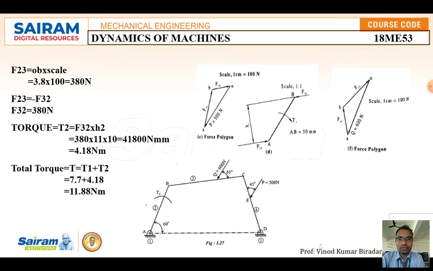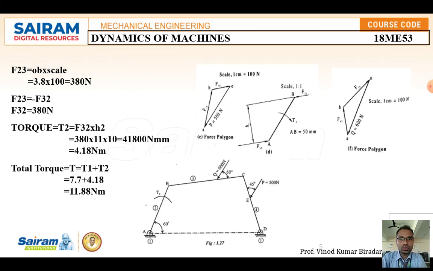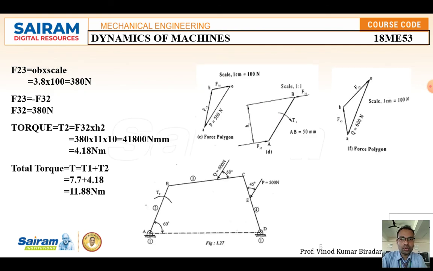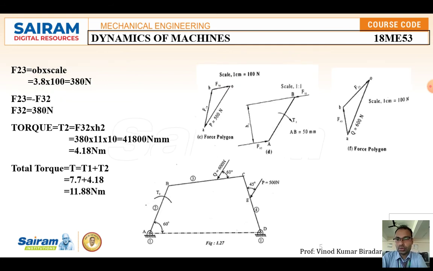Similarly, because of the force acting on that element, you have to follow the same procedure and draw the force polygon diagram for this 600 Newton force, F12. If you draw that, you get a construction like this. Follow the similar procedure and redraw this diagram. Because of this, you get the torque T2, with F32 and h2 that is 1.1. Finally you find the torque 4.18, the height multiplied by the scale value. Substituting, you get 4.1 Newton meter.